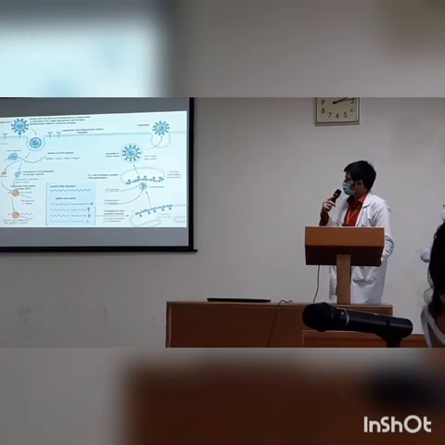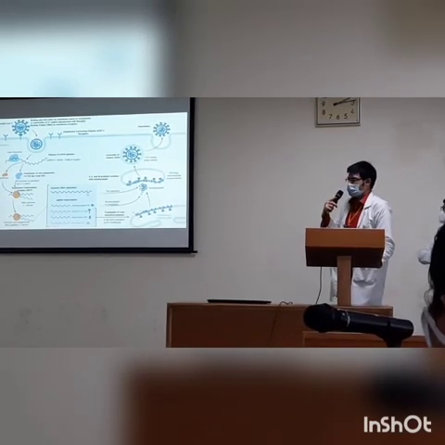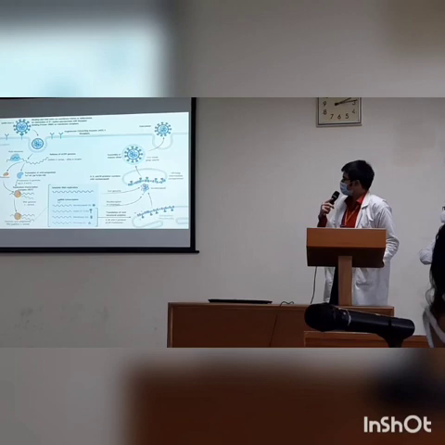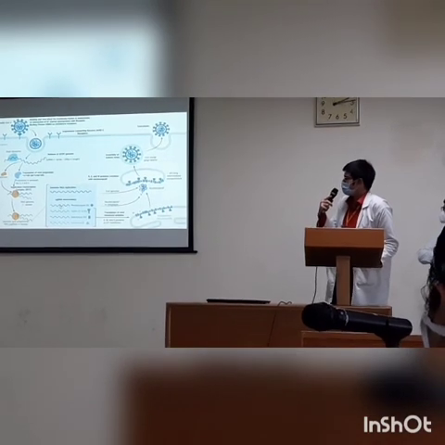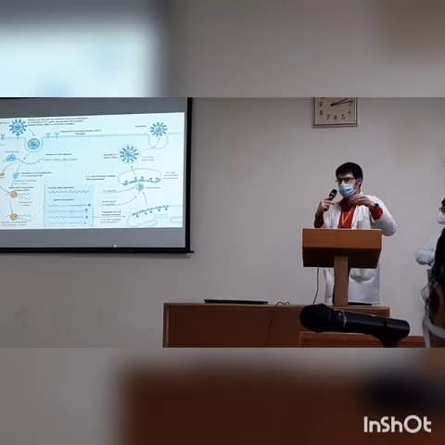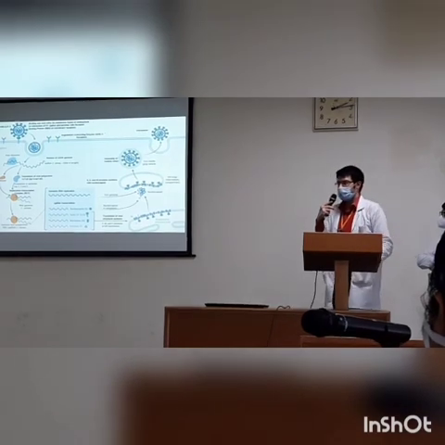So we get the genomic RNA, which is the main RNA, gets replicated, and a strand is formed. Whereas at the same time, subgenomic RNAs are formed: in a discontinuous manner, transcription happens and small bits of RNA are formed.